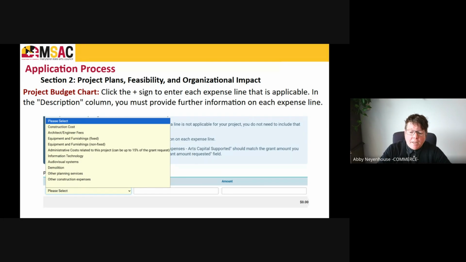And so we encourage you to use the other construction expenses category to explain any other that go outside of those drop-down options. And then we do ask that you make sure that in the column to the right, you go into more details, and then the amount of that item will be on the far right column. And so this, again, the more description or context you can give us, the stronger your application will be in helping us to understand the full scope of your project and how all the pieces are fitting together.